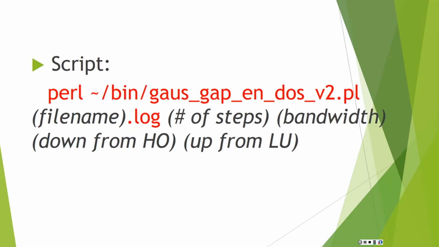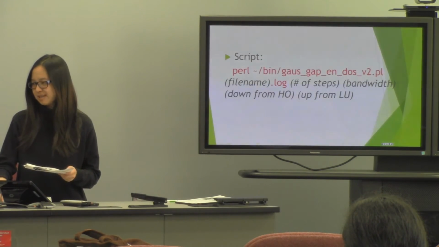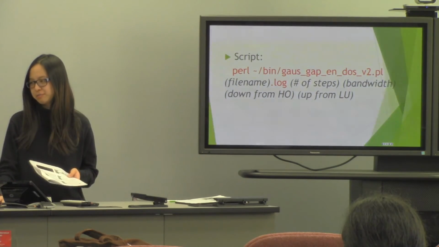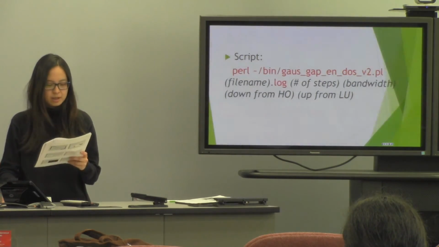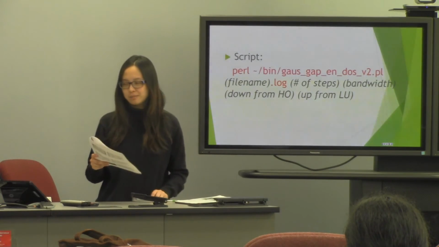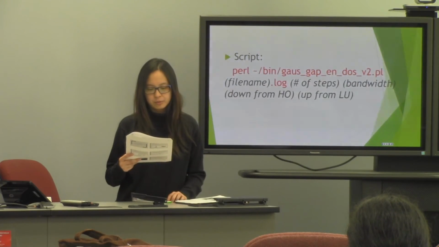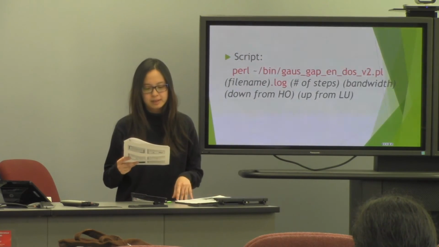So the script is here. Perl is just to find where the script is. The bin is the place where you keep your script. And then GaussGapDOSversion2.pl is the script name. And then put your file. You have to put a space after that, and then your file name, output file name, and then you put your number of steps, the bandwidth,